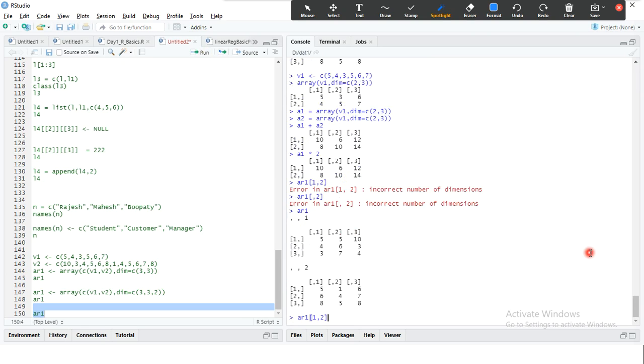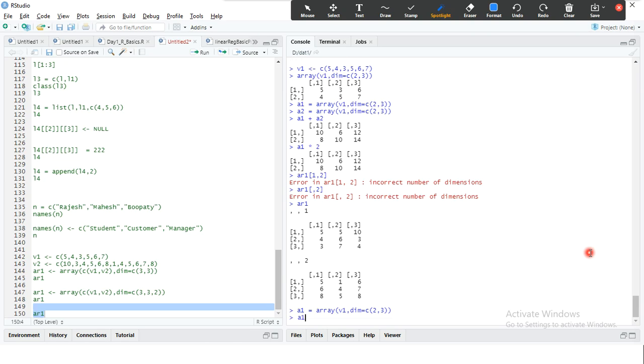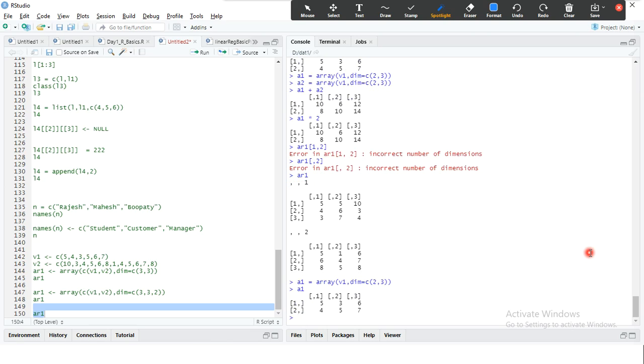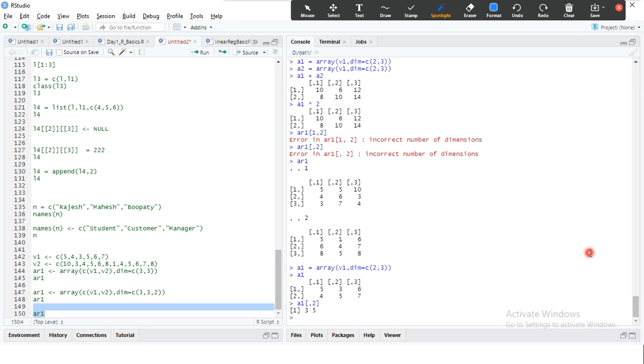This has gone into this A1, right? So A1, 5, 3 comma 3 comma 7. If I specify A1 comma 2, 3 comma 5, the second column alone, if you want to slice it, you can see here itself.